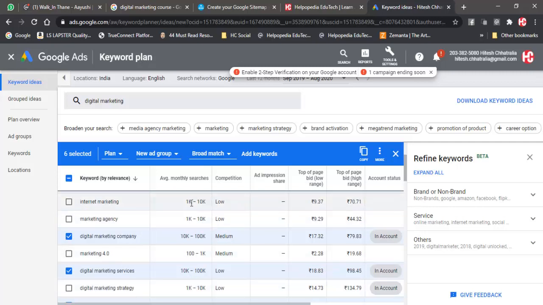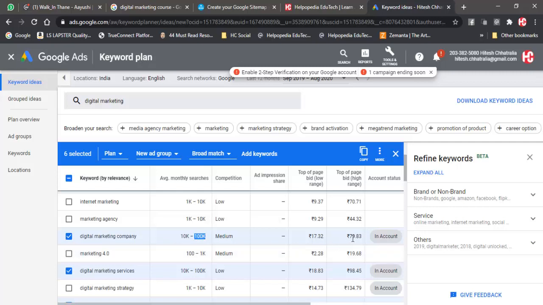Now this volume will depend totally on the pricing. If there are more advertisers bidding on this particular keyword and they are paying a higher amount, then the value of this keyword will increase. So if today it is 10,000 and people are bidding more on that keyword, then this pricing will increase, and the monthly search volumes will also increase. If the search is less, then again the rate will also go less. If it is more, then again it might go higher. See over here you can see 100,000, that is 1 lakh searches, for this particular keyword.